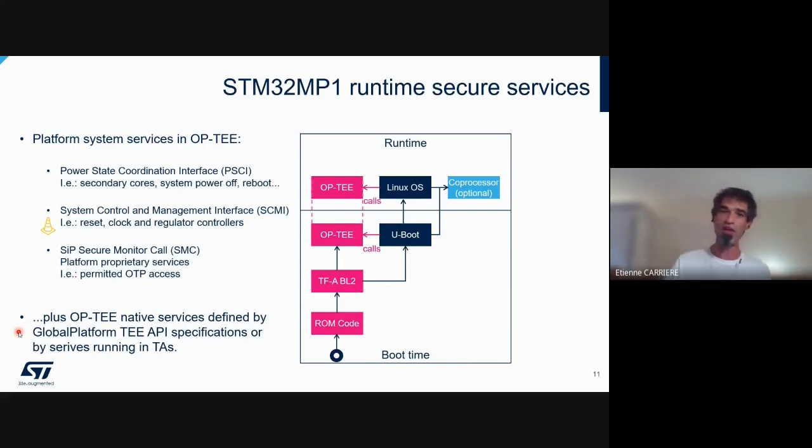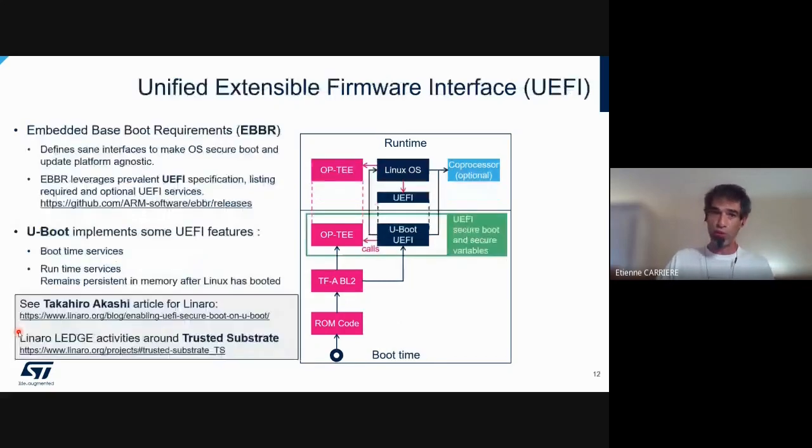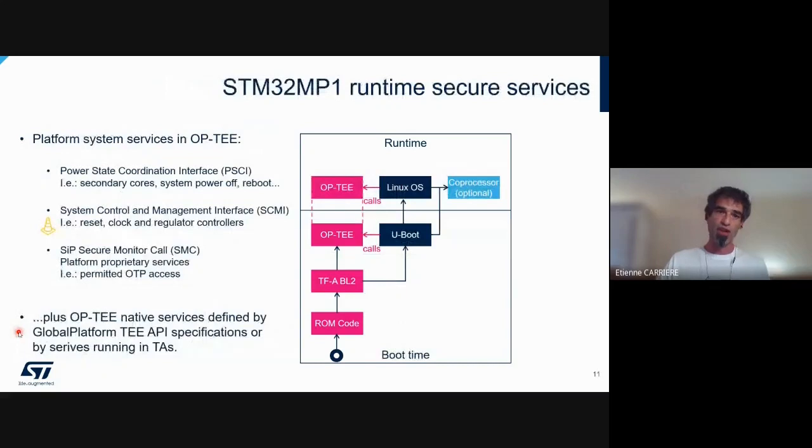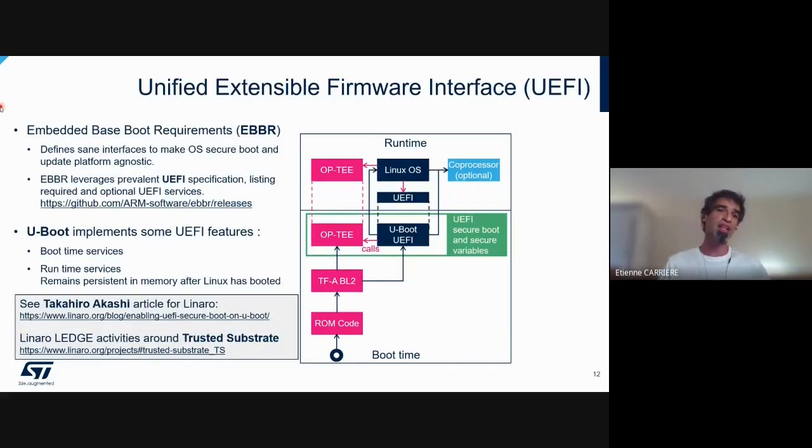Worth mentioning is an alternate boot chain, an alternate boot sequence, in the next slide. This one is another alternate boot sequence regarding the preferred one we showed before. And in this scheme, we are looking at using the UEFI standard to have a more standard way